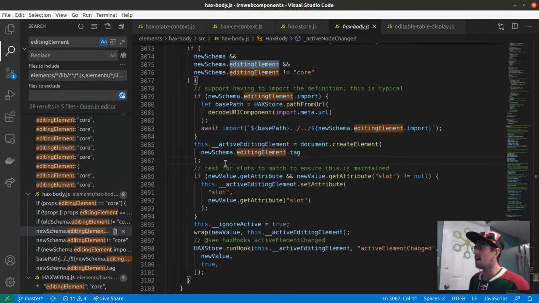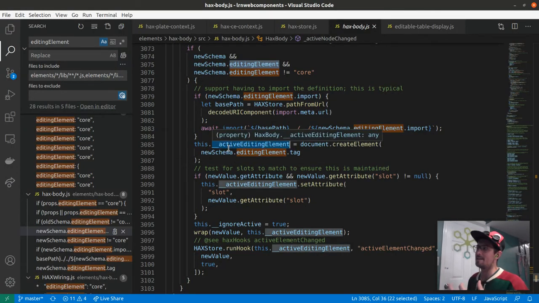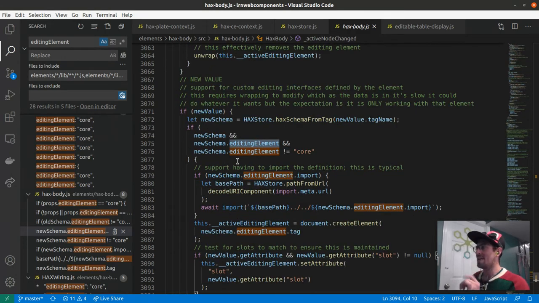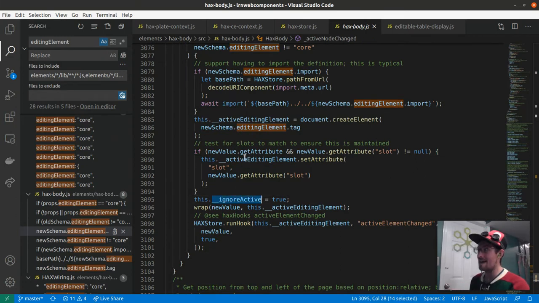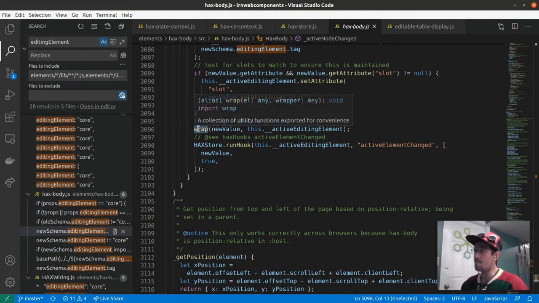So we've got that. Okay, so now we're making the editing tag. We've put the slot on it. We have an internal fallback that I've always had in place for when this is available. It's called ignore active. Ignore active means when what I'm about to do, don't register it the way HAX normally would do this, which is to apply content editable, to make it something that it knows it can touch and it should change state to. So this effectively allows me to inject advanced operations that don't trigger its traditional, like, oh, I better go make sure that that's acceptable. Then wrap, and all wrap does is say, take what our active tag is, in the